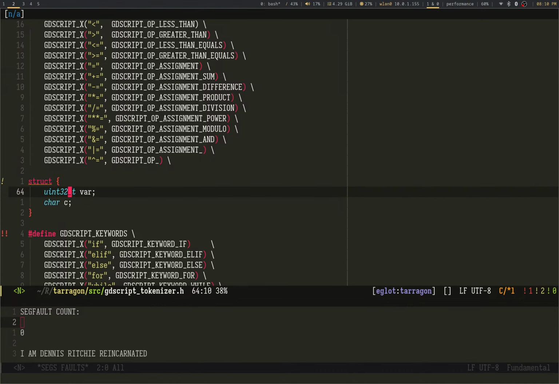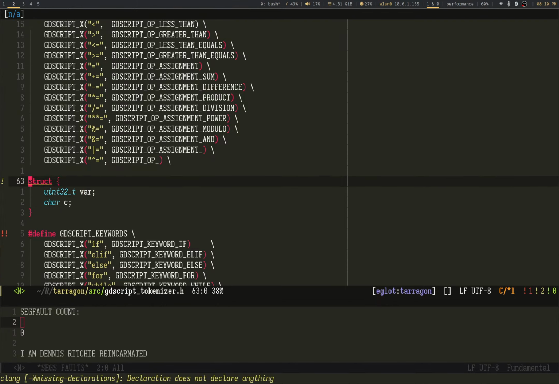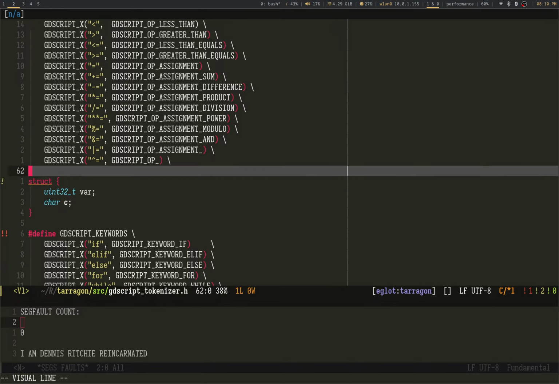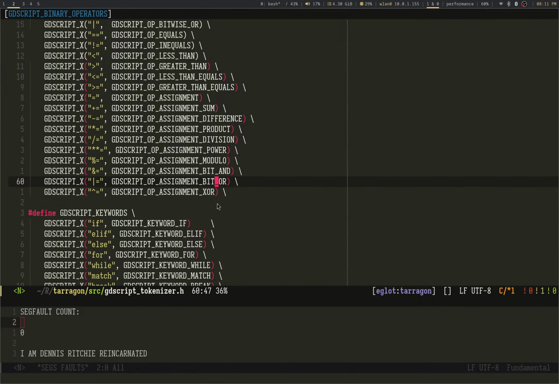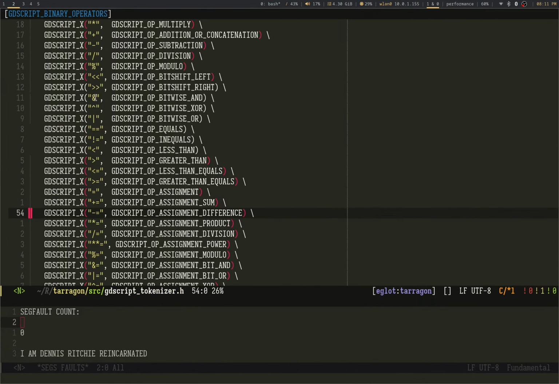I was having some segfault because I was iterating over the struct, and it's just alignment issues. So the computer doesn't care if it works out. It does care if it does not work out. And since this is bit and this is bitwise, because the next two are